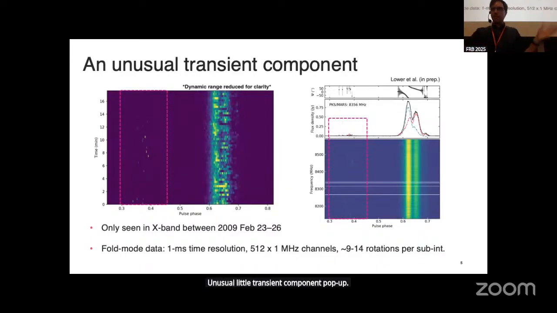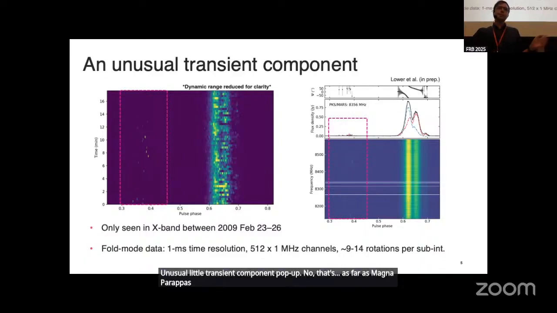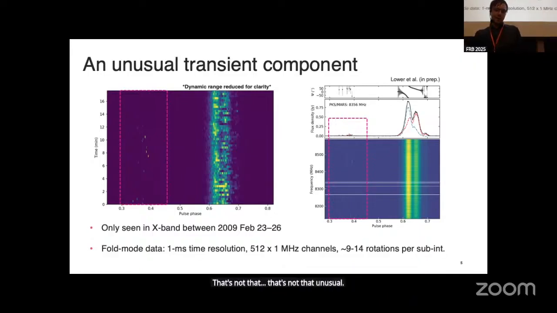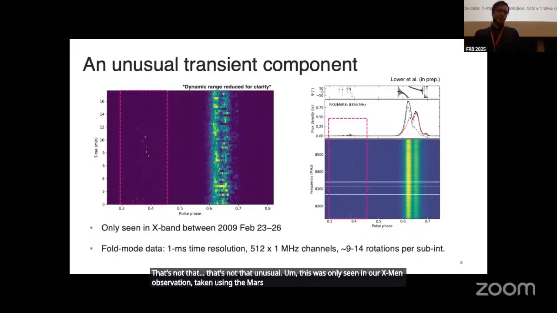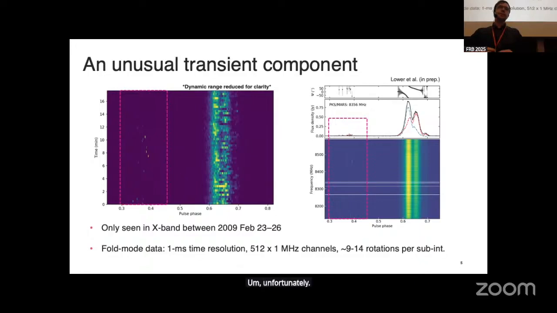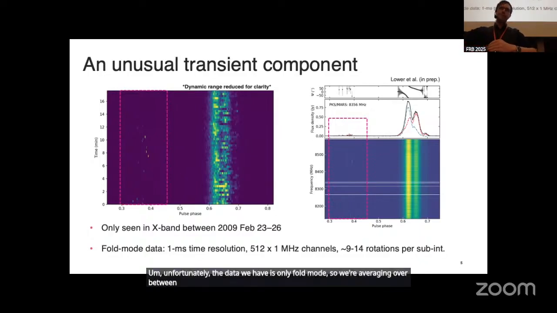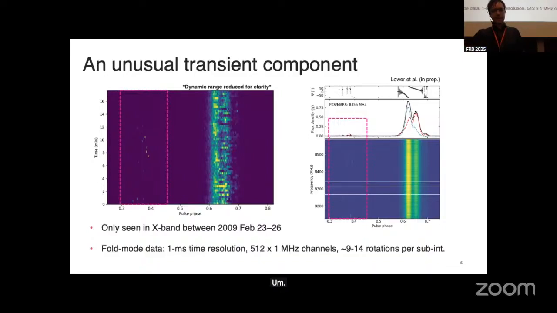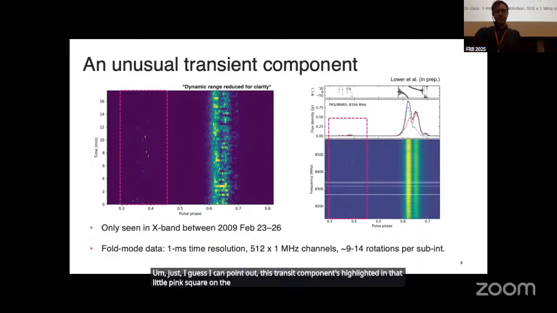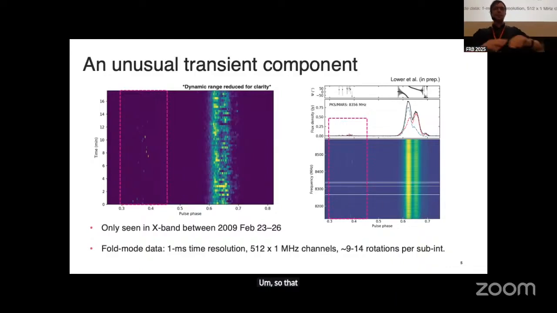Now, as far as magnetar outbursts go, that's pretty normal. Their profiles change all the time. We see new components appear and disappear. That's not that unusual. This was only seen in our X-band observations taken using the Mars receiver on Parkes. Unfortunately, the data we have is only fold mode, so we're averaging over 9 to 12 rotations of the magnetar for each subintegration. I can point out this transient component highlighted in that little pink square